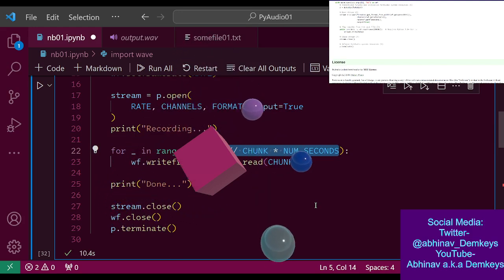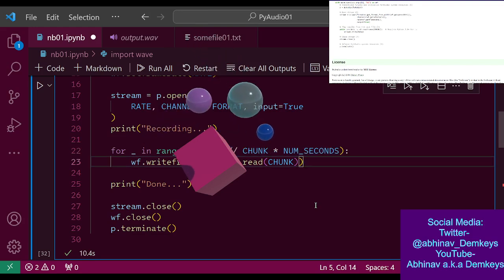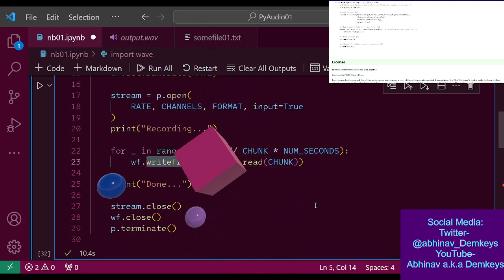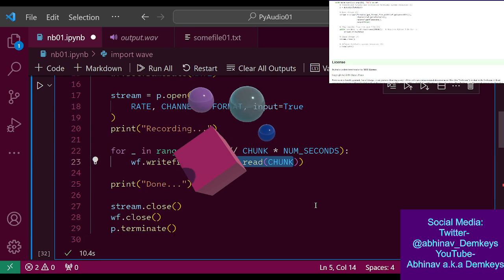I need to look into this. Something that just occurred to me is, what is writeframes doing? Writeframes is directly writing to a file, isn't it? So if stream.read returns 44,100 frames, that's going to be 88,200 bytes.